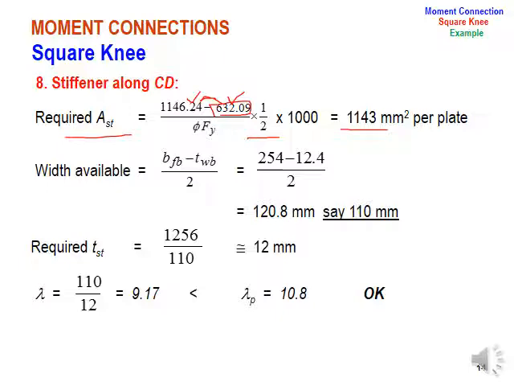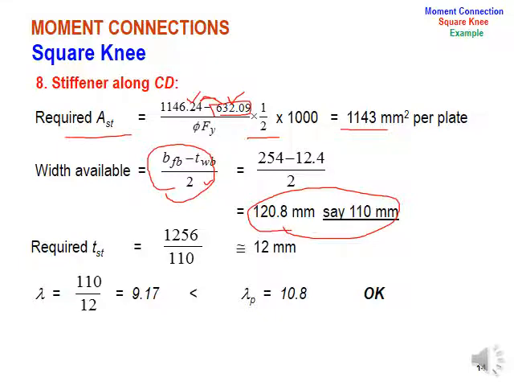Finally the width available will be BFT minus TW, meaning you are subtracting the thickness of the web for the beam, and finally you are getting the width of the flange in the lateral direction, and you are dividing it by 2, meaning half of that dimension you are providing. So it will be in the lateral direction. In the online session I have described in great detail how to get this. It is in the lateral dimension, lateral side. I think for the other students, their respective teachers also explained it. So you are getting 110. It's a mistake over here. Just correct it by taking a reference from the book.